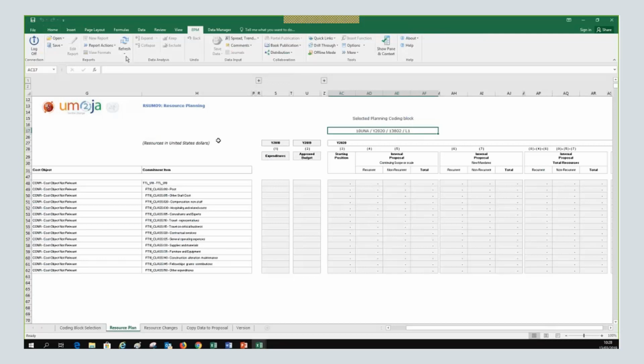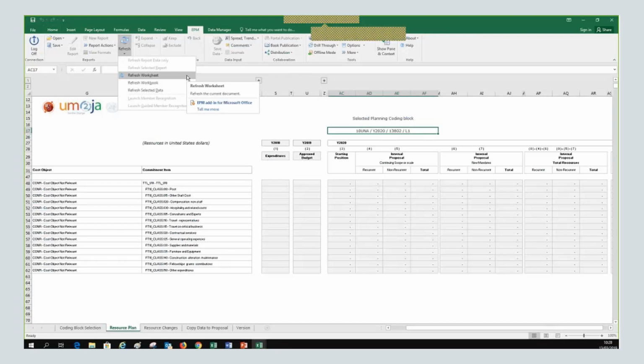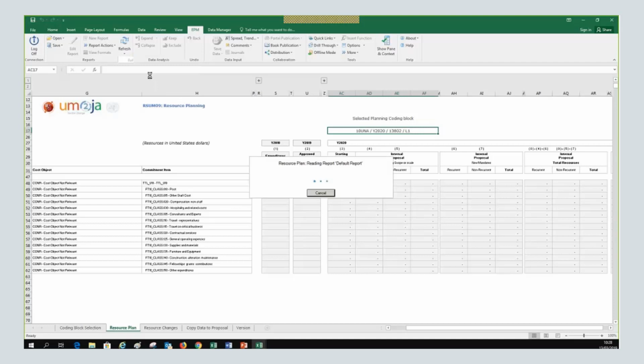You see on the top bar, there is a refresh button, and we can say refresh worksheet. So we will have data pulled from the server. So I click on the refresh worksheet,